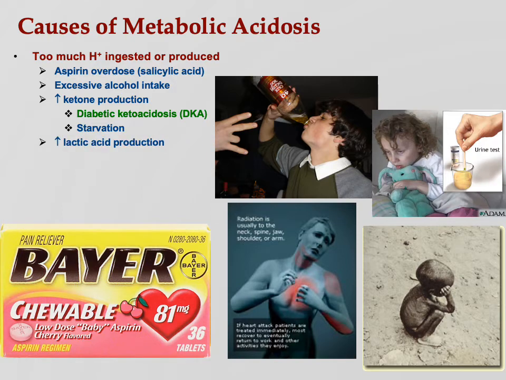Increased lactic acid production. So like after a heart attack, your heart can't do aerobic respiration, so it starts into anaerobic fermentation, starts creating lactic acid as a byproduct. So lactic acid with several disease conditions can build up. And so that's the problem. Poor person, not only are they having an MI, but they're going into acidosis. So very strenuous exercise can do that. Not very often. You have to be like Olympic level, I think. Acute MI with heart failure, all right? Not able to clear that lactic acid without oxygen present. So it can't convert it to pyruvate, so it builds up.